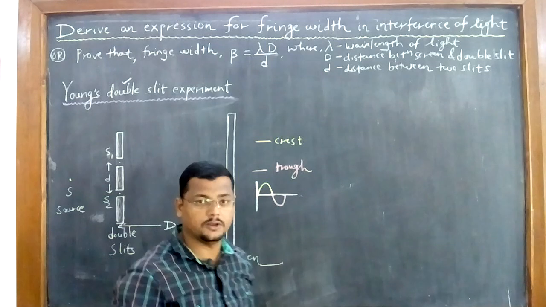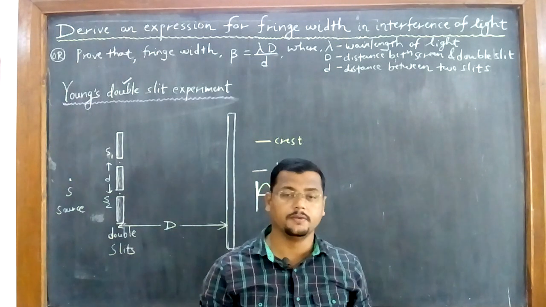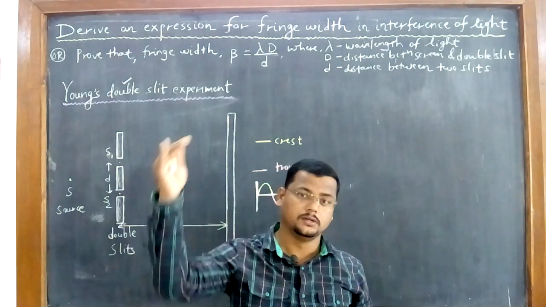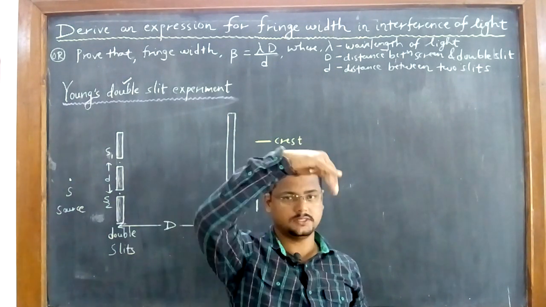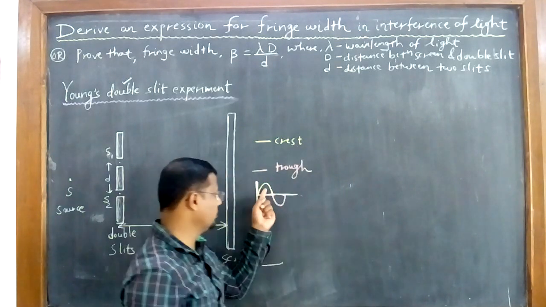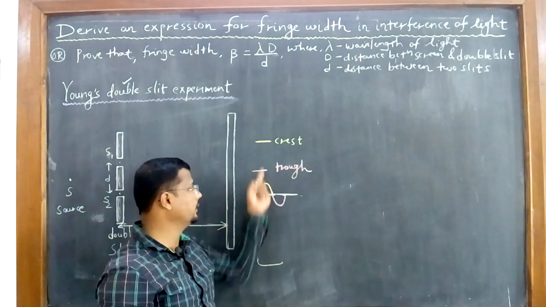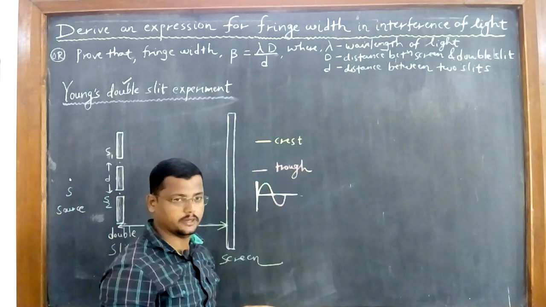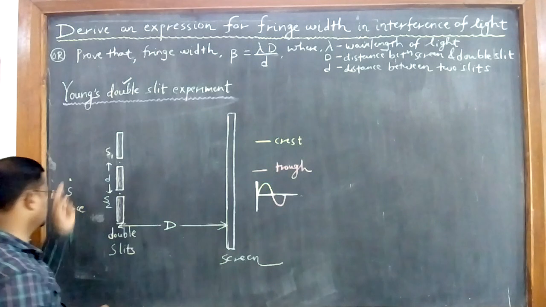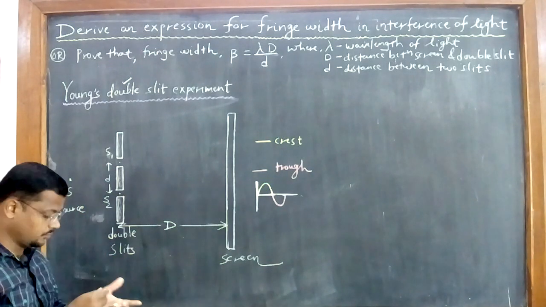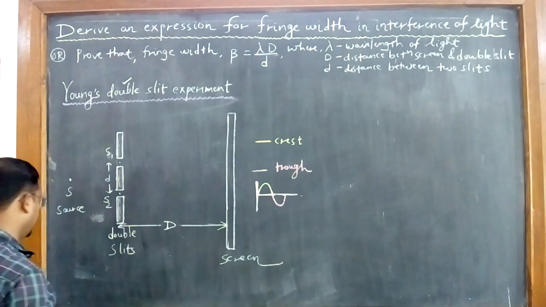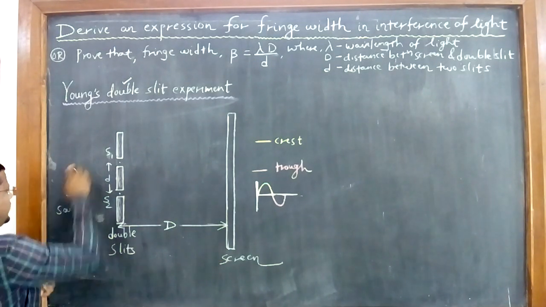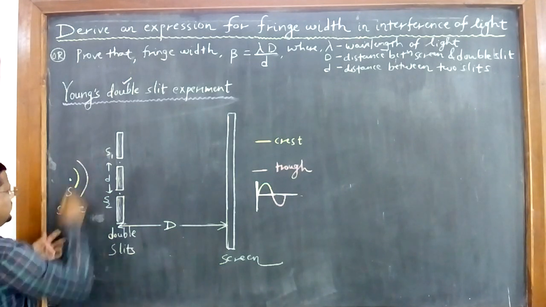This running chapter is wave optics, where I am representing light by a wave. Wave means you will have the crest and trough like this. Here the crest I am representing by yellow color, and the trough I am representing by red color. Now here I have the source, which will emit the wave. So I have to represent it like this: crest followed by trough, right?